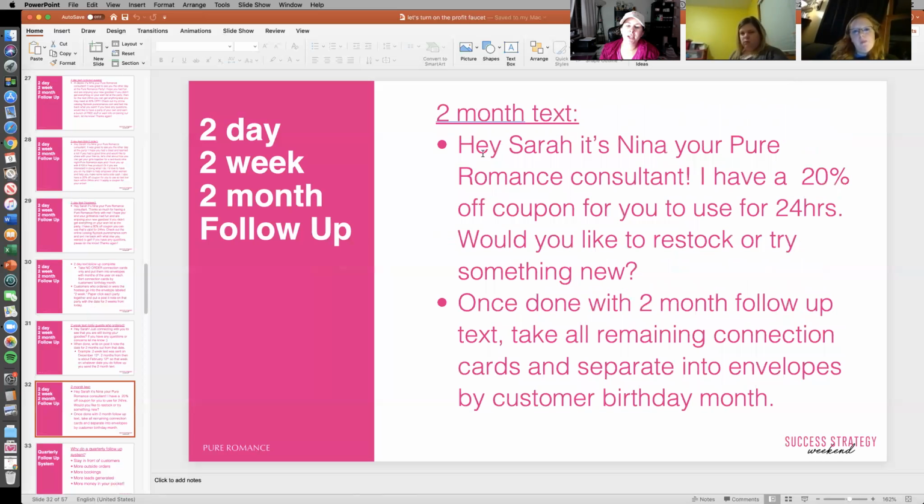And then my 2 month folder comes around. Let's say it is now about February 9th. It's really close to that 12th date that I mentioned. So I'm going to go to my folder every single Sunday. Oh, now it's almost the 12th. So I'm going to grab that stack from that party. And I'm going to take those ladies and I'm going to each text them the, hey, Sarah, it's Nina, your